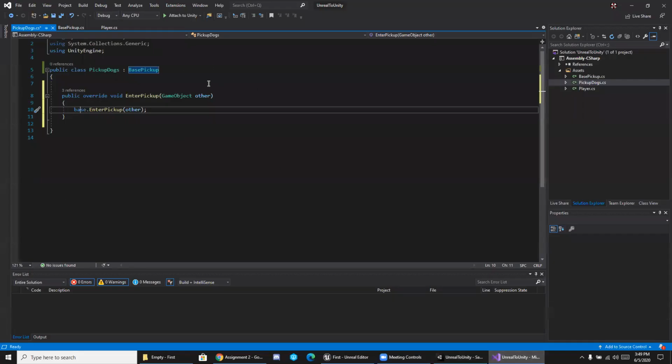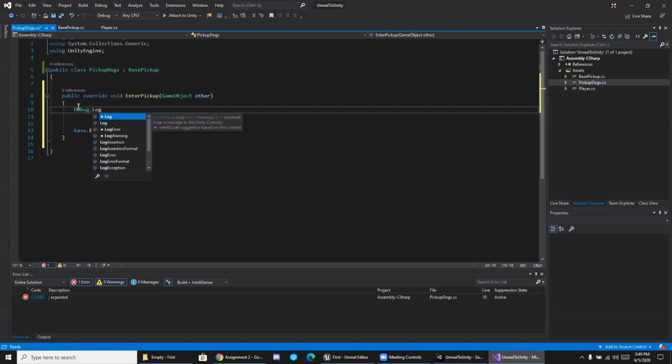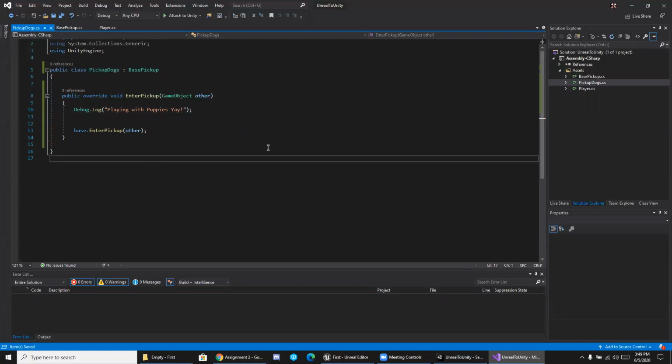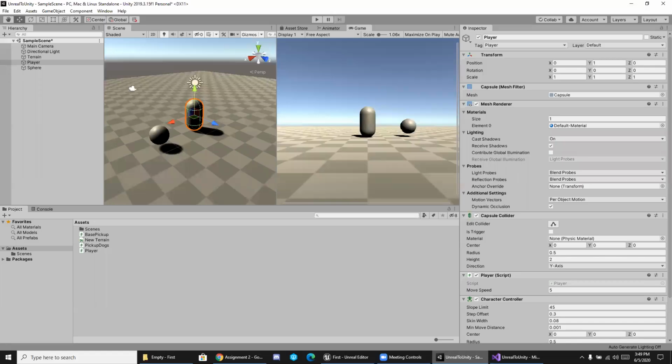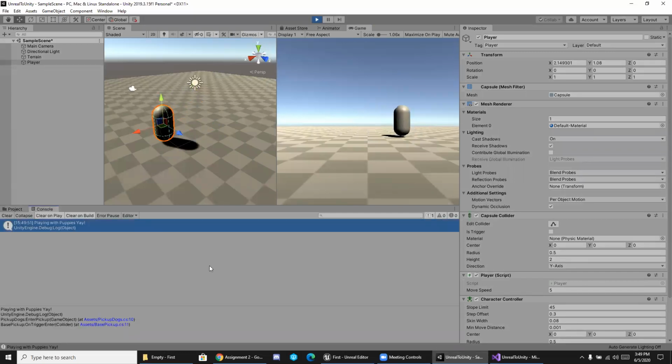Back to the code. I said we wanted to do something in addition to this enter pickup. So let's add a debug.log: playing with puppies. Yay. All right, so we check that out and we'll see. Play. When we hit this, we get that print. We're playing with puppies and